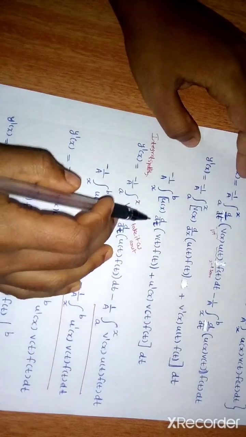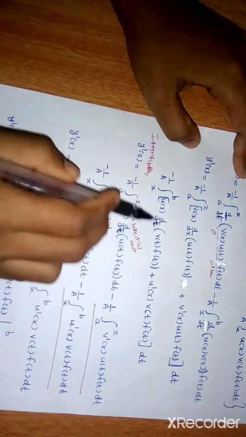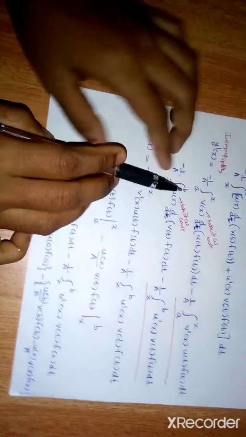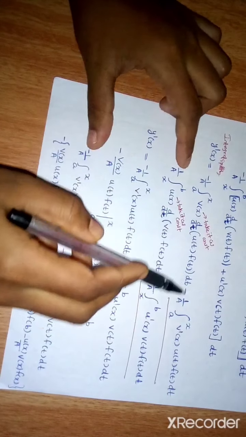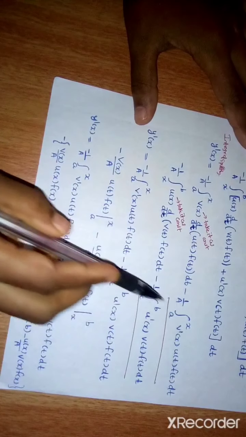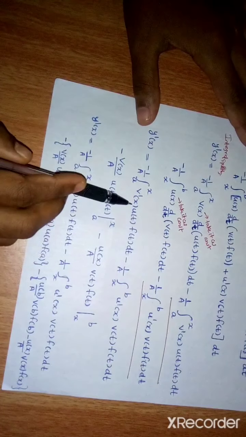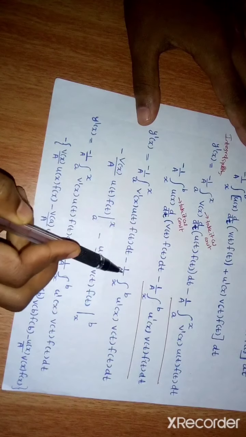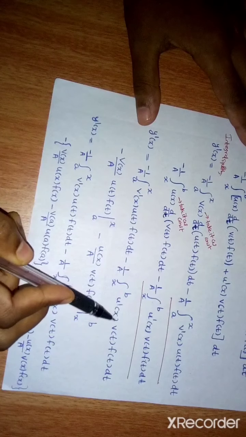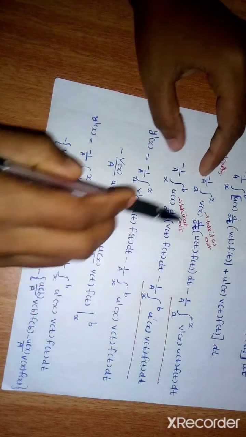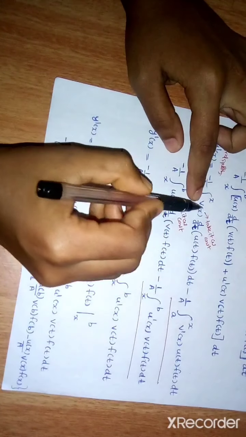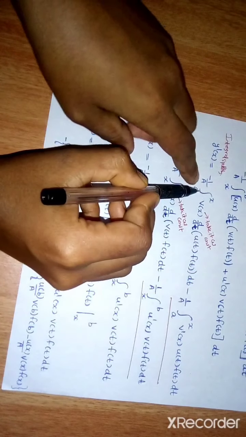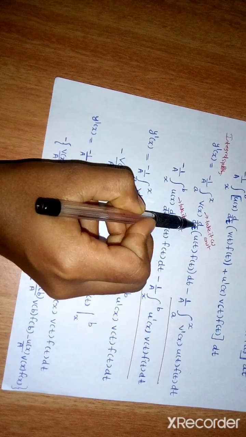Now what we are going to do? We are splitting the integral into each of the terms. So we get four integrals: 1, 2, 3, 4. And what are we going to do next? We take these two integrals and write them the same way: -1/A ∫ from a to x of v'(x) u(t) f(t) dt - 1/A ∫ from x to b of u'(x) v(t) f(t) dt. Now look at the remaining terms. In both of these terms we have taken v(x) as a constant, and here also u(x) as constant, and we know that when the integral and the derivative are combined, it vanishes.